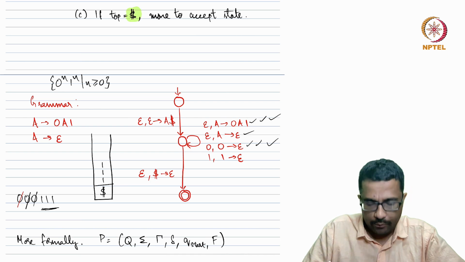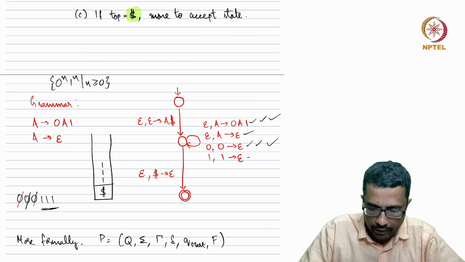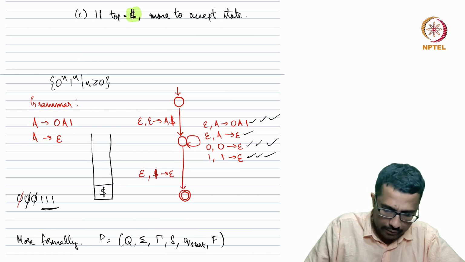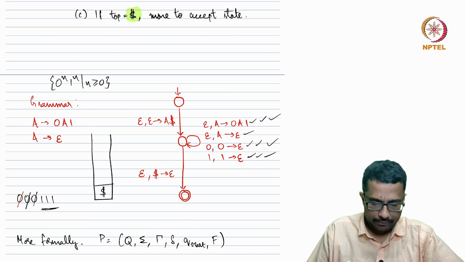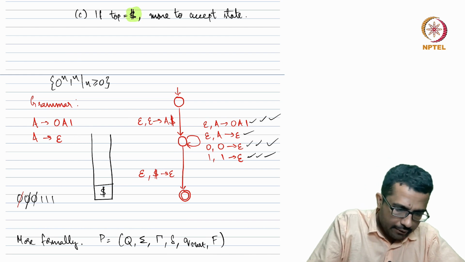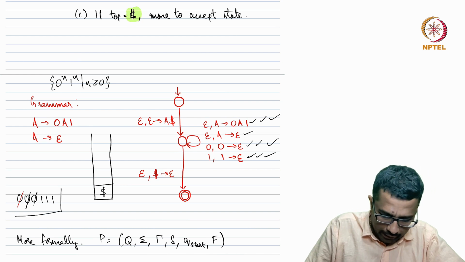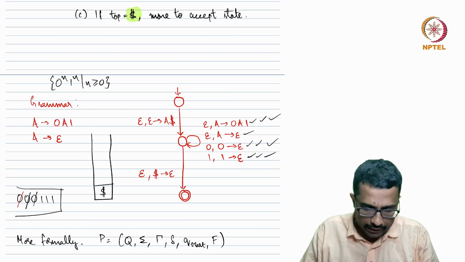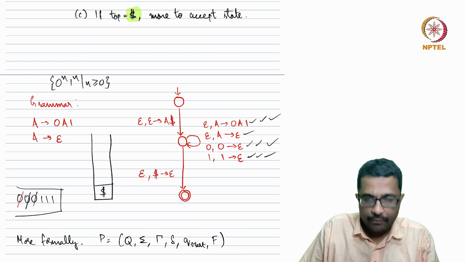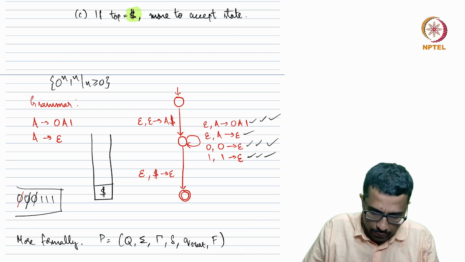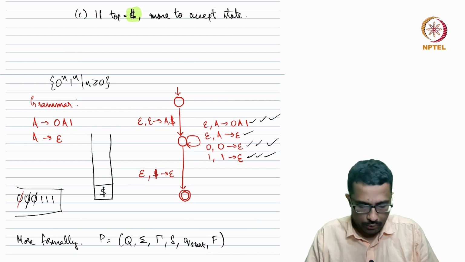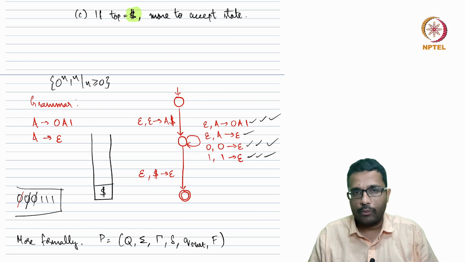Now we have 3 ones and you can successively read them off one by one, and as you read them, you pop them off. So then you have read the entire input. But that is not enough. You're still in the middle state and have not moved to the accepting state. The only way to go to the accepting state is to reach the dollar symbol. Now you have cleared whatever was in the stack and reached the dollar symbol, so you can pop the dollar symbol and move to the accept state. This means that the PDA accepts 000111.